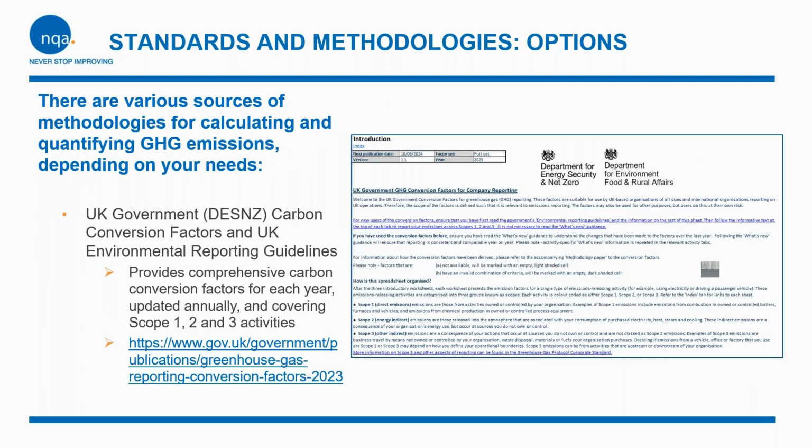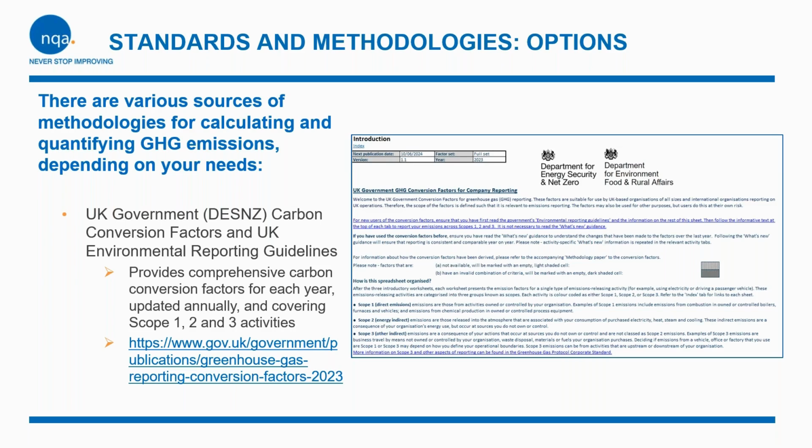And then options for actually quantifying, for calculating your carbon emissions. So I'm sure you're aware of the UK government environmental reporting guidelines and the related carbon conversion factors. So these are if not the best, that's certainly amongst the best set of carbon conversion factors in the world. Really comprehensive. They cover all the different scope 1, 2 and 3 activities that your business will undertake, and those are updated annually,